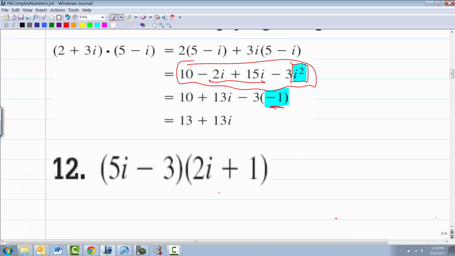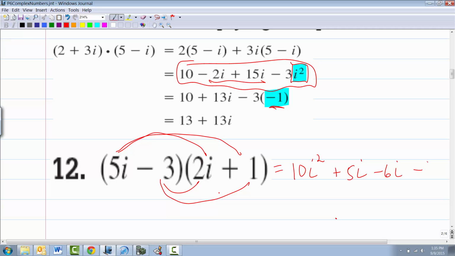All right, so I'm making my next group be the pen. So tell me what to write next. We'll start with you. 10i squared. Next. Oh, I know. Isn't it scary? I love it. It activates the brain in a different way. 5i. Do the next one too. Negative 6i. Sorry, I didn't do the 5i line. Distributing. And then last, plus 3. Actually, or negative 3, sorry. And then you have to do a couple simplifications.